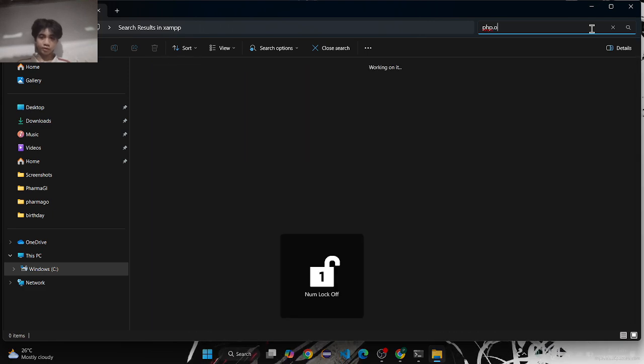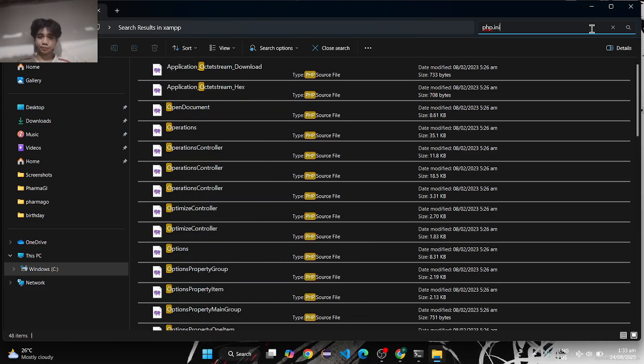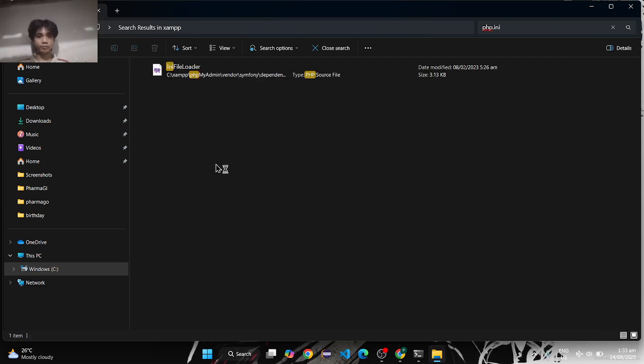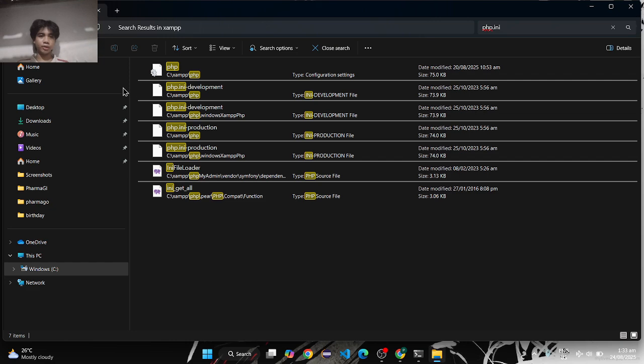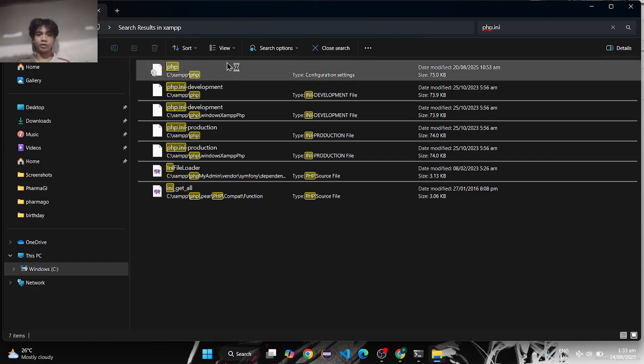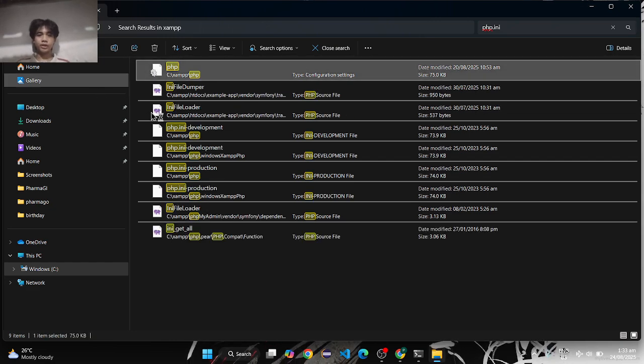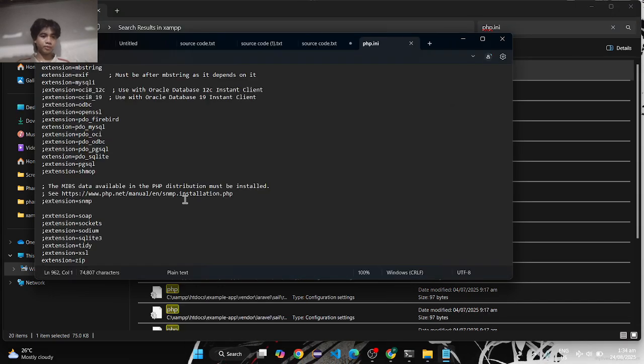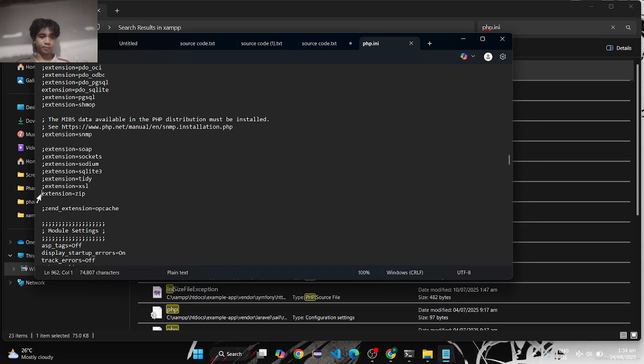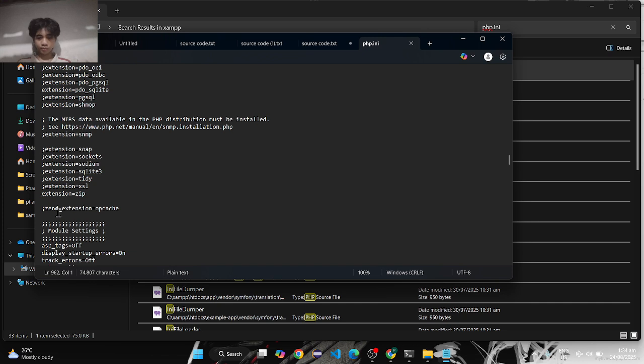In this file, you need to edit something. The one with the settings icon. So you need to configure it. This one, the extension. As you can see, guys, there's no semicolon on this part. So I removed it. It was like this before, and I removed it.